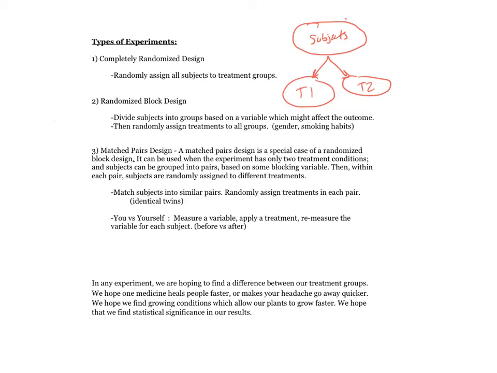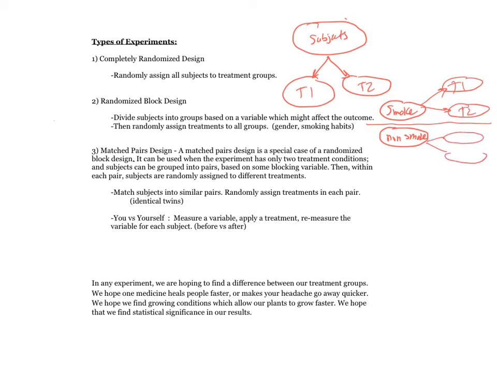And then we would start the experiment in 2 groups, where one group would be the smokers, and the other group is the non-smokers. Then we would basically be doing 2 separate experiments, where we would divide up the smokers into 2 groups, treatment 1 and treatment 2, and we would divide the non-smokers into 2 groups, treatment 1, treatment 2. Then we would basically be running 2 experiments, one experiment on the smokers and one on the non-smokers. Then we would know if the smoking habits affected the outcome. Okay, so